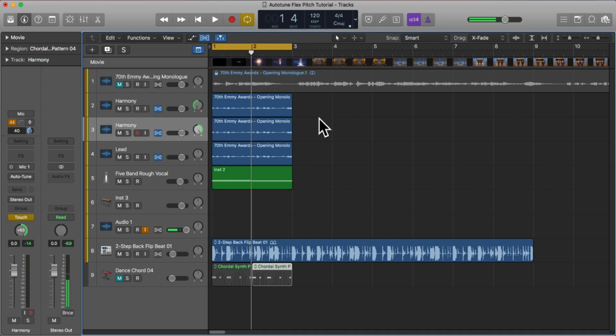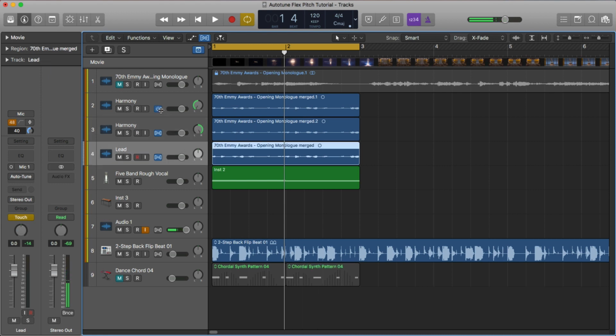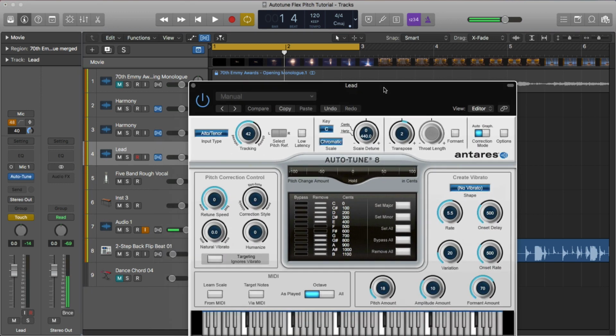And you can do this in Pro Tools, you can do this in Fruity Loops, whatever you want. I mean, all the DAWs have something sort of like this. Logic has this cool flex thing built in, which makes it really, really easy. But Autotune, you can do the same kind of thing. And one thing I want to mention is if you're using Autotune, there's also this function to where you can